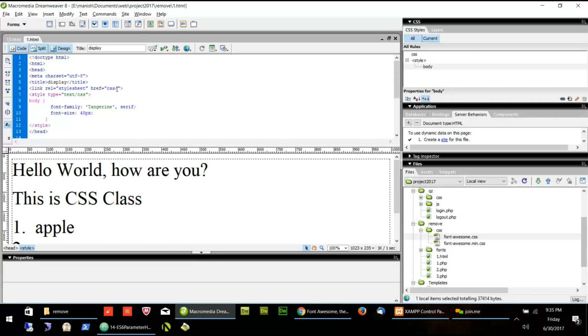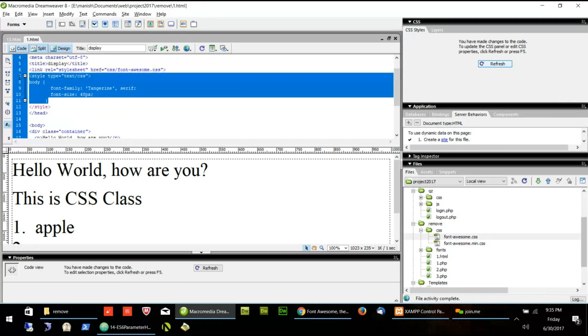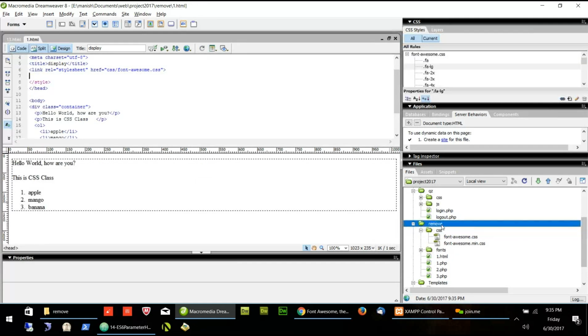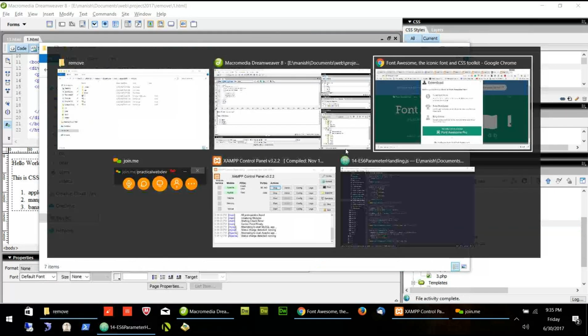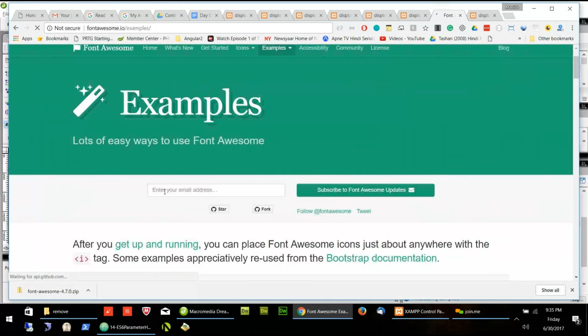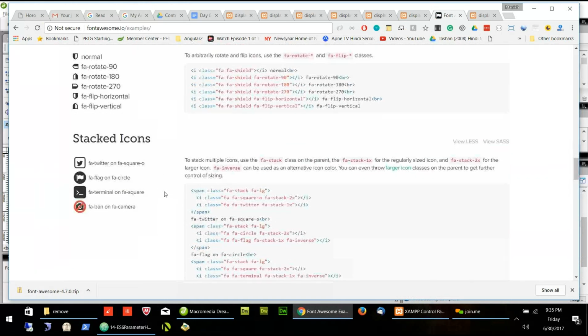Use this one, and then let's use one of the fonts. So if I want to use, for example, this one, let's try this one.